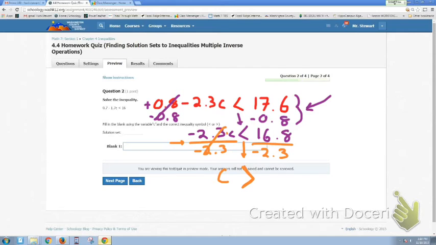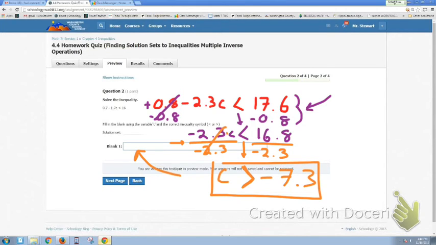Sorry, I'm just using a calculator to do the division. That's going to be negative, and it's going to be something like 7.3. It's a repeating decimal, so I'm just going to round to the nearest tenth and call it good. The ones that you have here are not going to be a repeating decimal, so they'll be easy to type in. But now, if this were my solution, this is exactly how I would type it in the blank space here, right? I would use the symbols, but understanding that I am going to change the direction here,